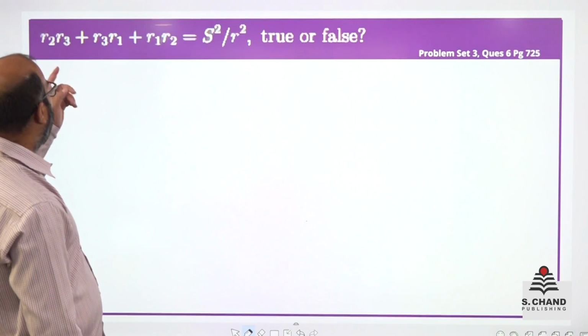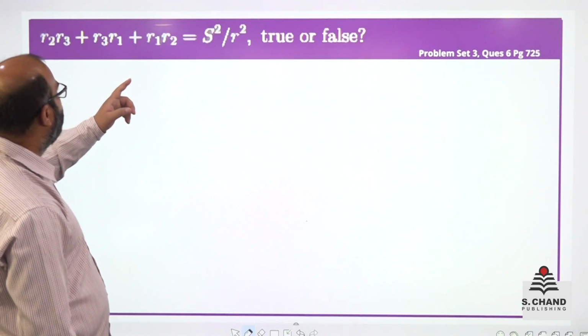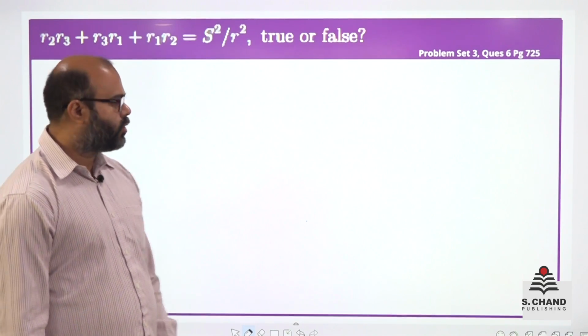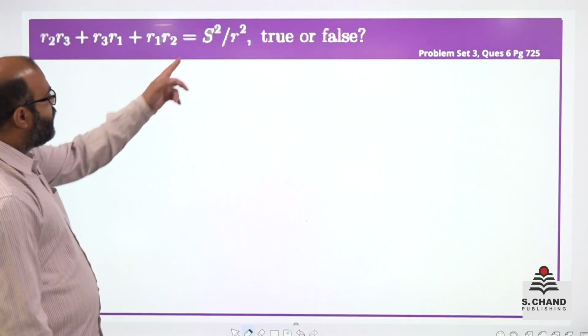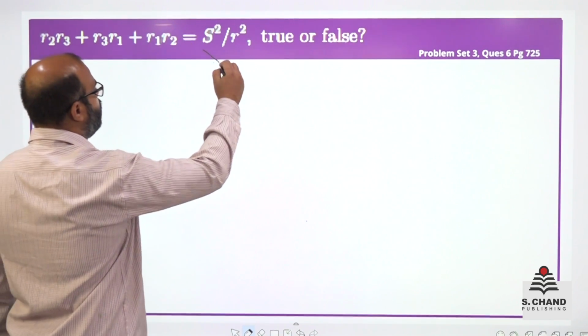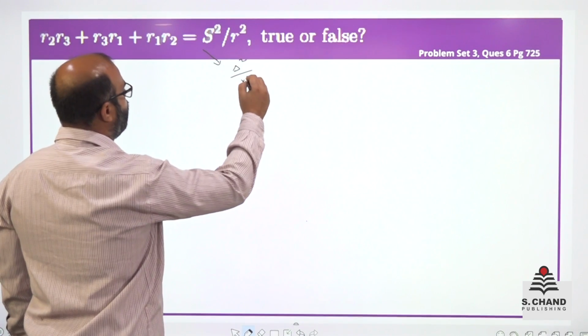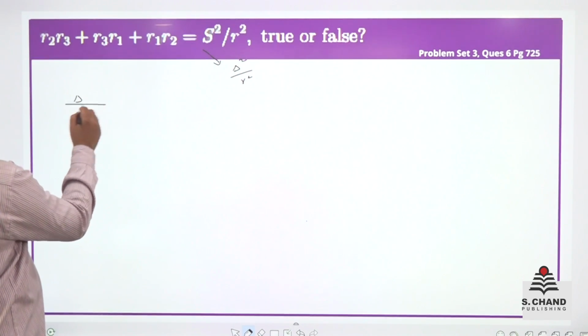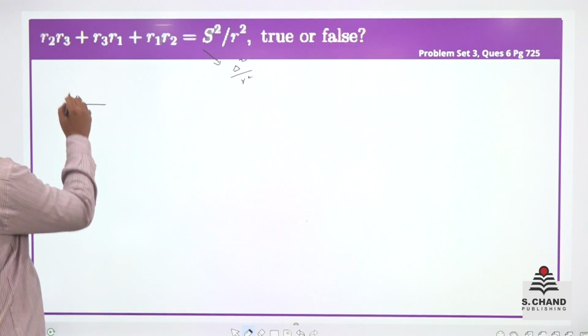Next question: r2 r3 plus r3 r1 plus r1 r2 is S square by r square, true or false? Here again this S is capital S, so this is the area of the triangle, square by r square. So again r2 r3 will be area of a triangle by s minus b, and this will be area of